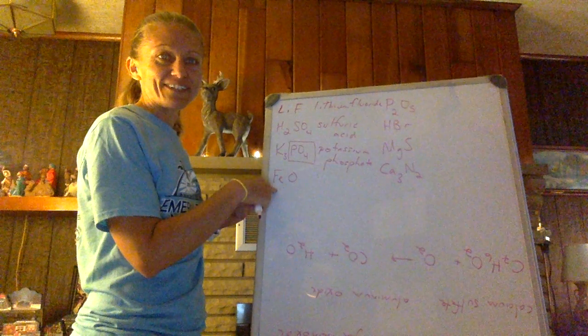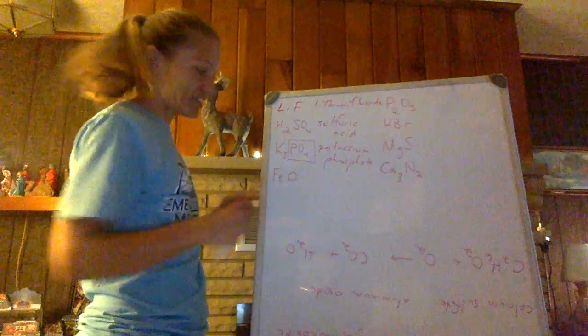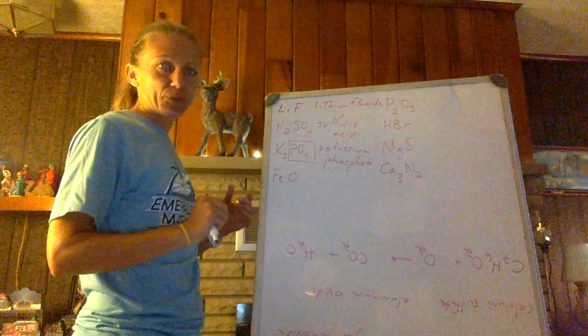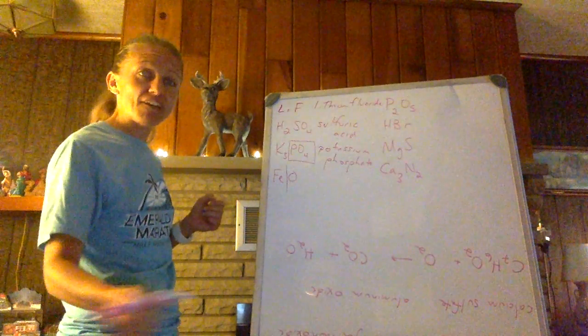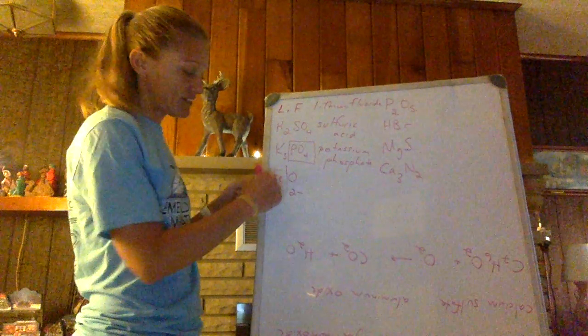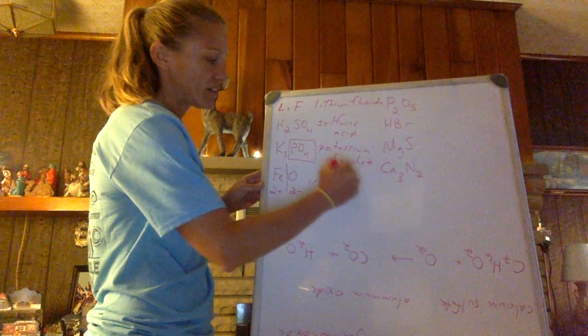That's ugly in Spanish. Feo, that's ugly in Spanish. But for us, that's iron and oxygen. Find them on the periodic table. Iron's in the middle, it's going to need a Roman numeral. All right, what's its Roman numeral? Well, the charges have to be equal but opposite. So if oxygen is 2 minus, iron has to be 2 plus. Iron 2